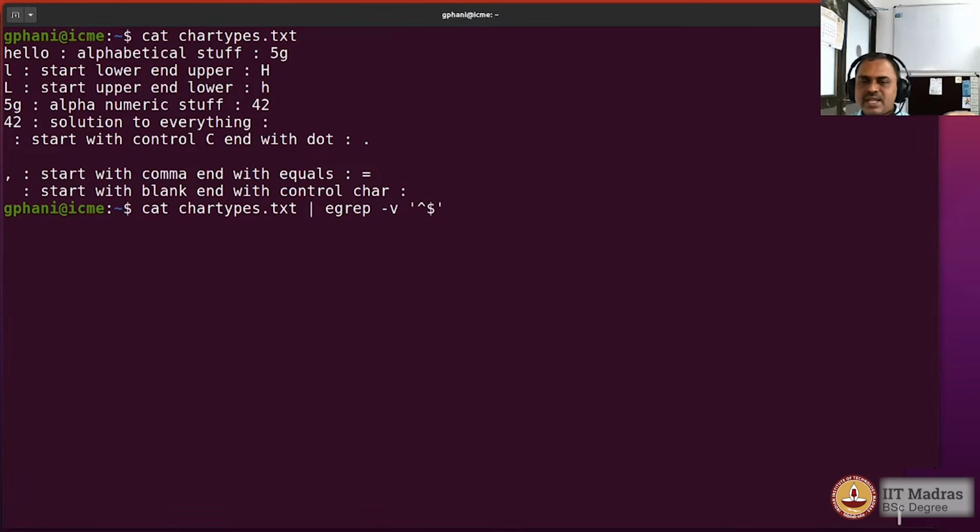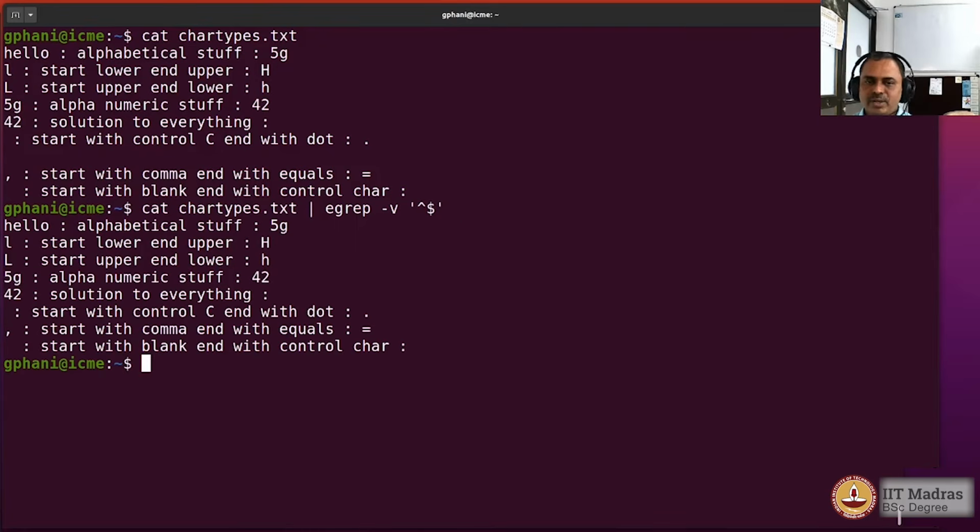So what happens is that the matching lines for the two anchor characters side by side would give empty lines, and -v would say don't print that, print whatever doesn't match the empty line. So the non-empty lines are getting printed out now. And the empty lines, if you want to print, there's nothing funny about it, just an empty line, so that's not very useful. But with the -v option, you could actually remove the empty lines from an input stream,